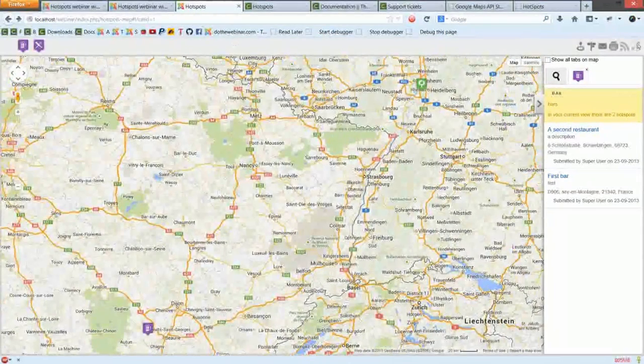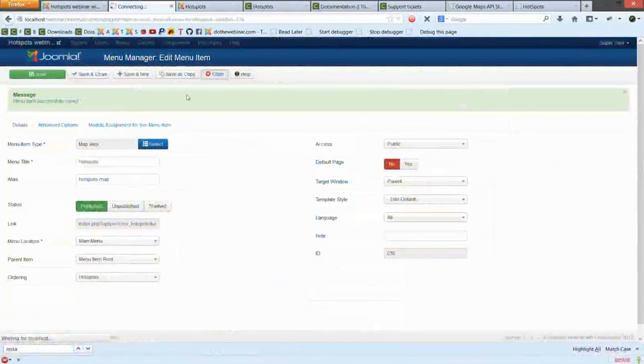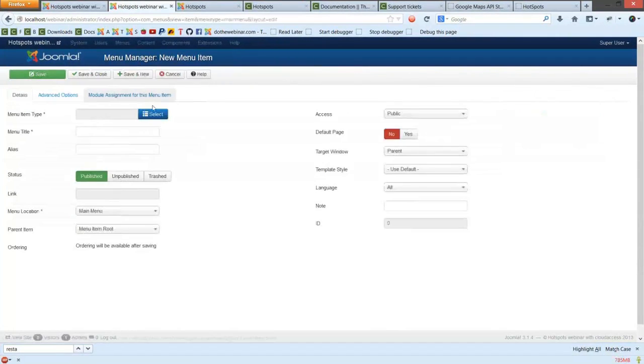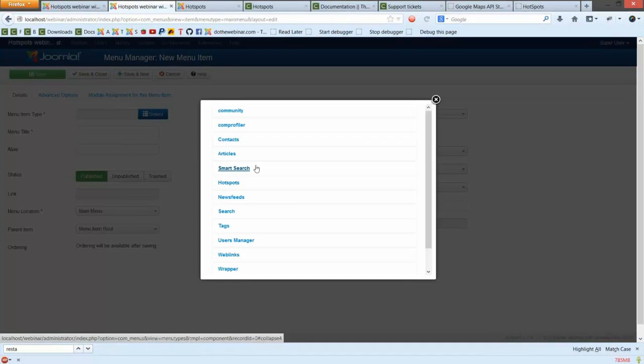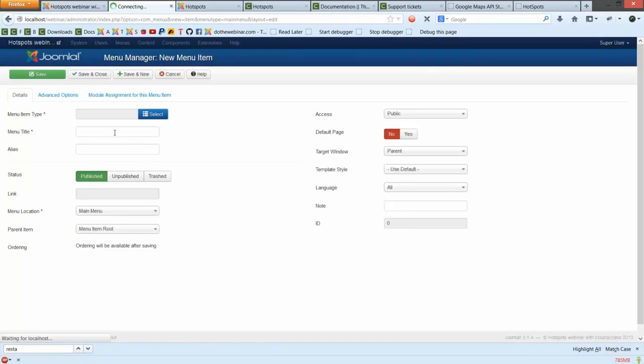There is also a nice option which will allow our users to post hotspots in the front end. So if you have a community website and you want to encourage your users to post hotspots, you don't want them to go into your backend, you want them to go into your front end and publish a new location. So we'll click on the new button. We'll go again, find hotspots in the list, and this time we'll select hotspot submission layout. So we'll click on it,